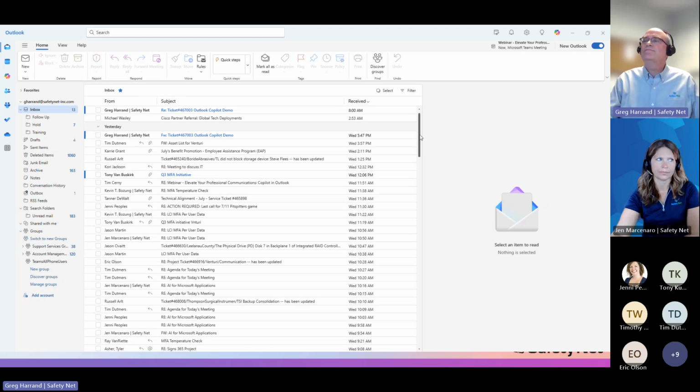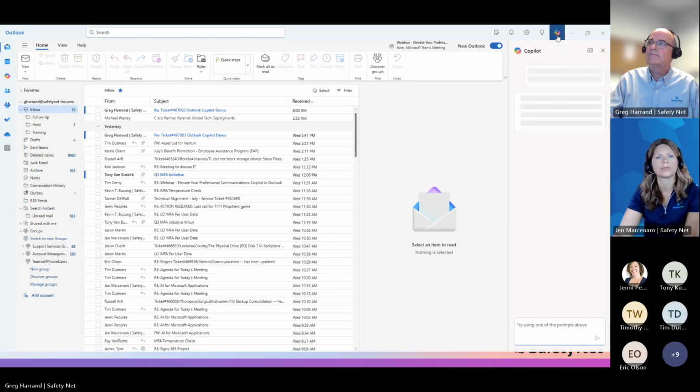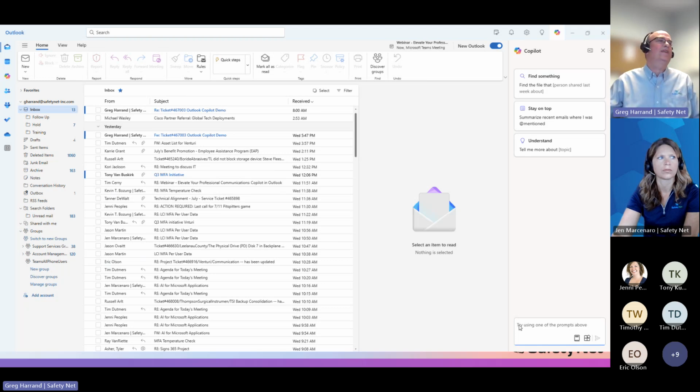The other thing you can do is there's 2 different types of Copilot. I showed you when you're composing an email and working with an individual email, but I can come up to Copilot on my toolbar here, and I can ask questions. What kind of questions would I ask? Well, how many times have you been sent an email and you're looking for that email? And you use the traditional search up here, right? You search for an email address, you search for a keyword, and you have a hard time finding it.